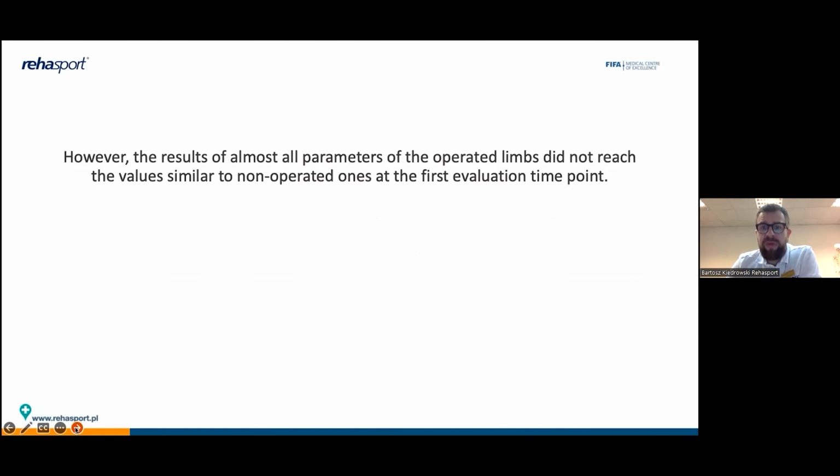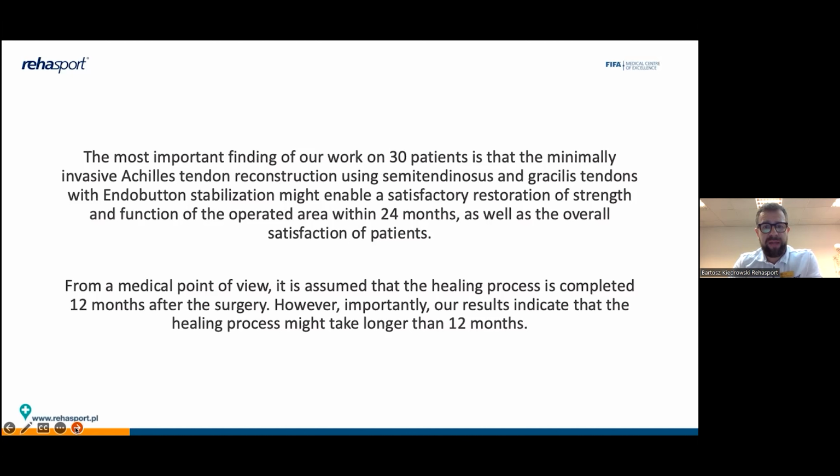However, the results of almost all parameters of the operated limb did not reach values similar to the non-operated ones of the first evaluation time point, so 12 months after the surgery. But from a medical point of view, it is assumed the healing process is completed 12 months after the surgery. And many times when we speak with the patient, we say, okay, 12 months is really good. But